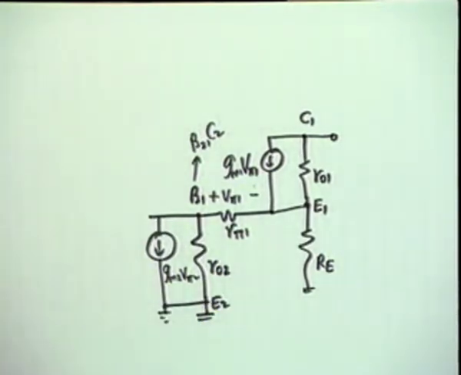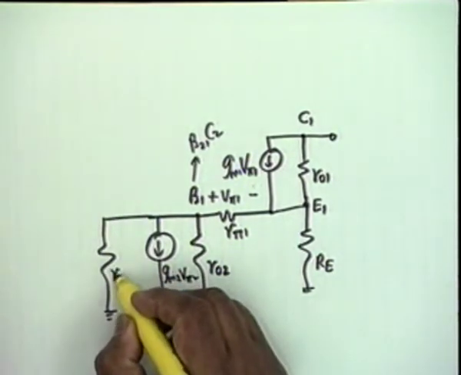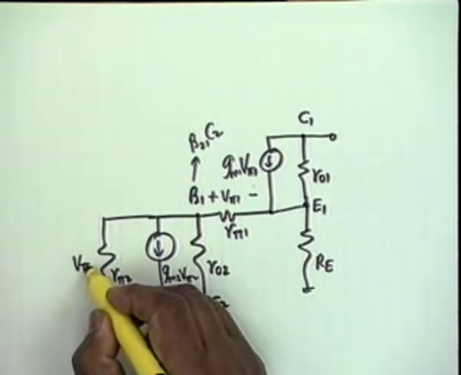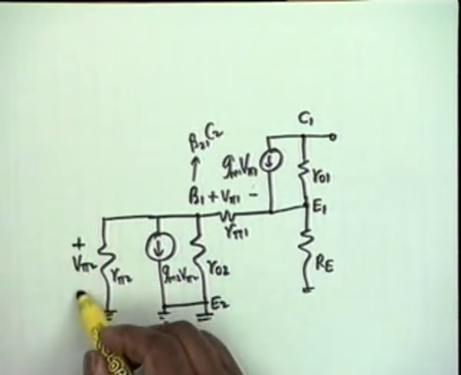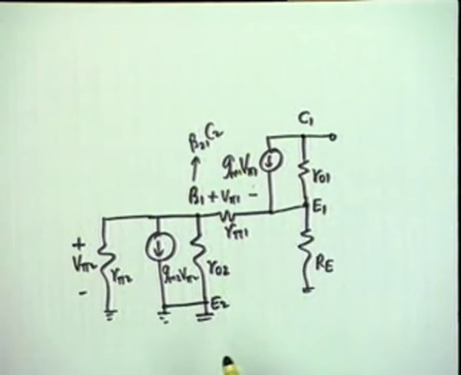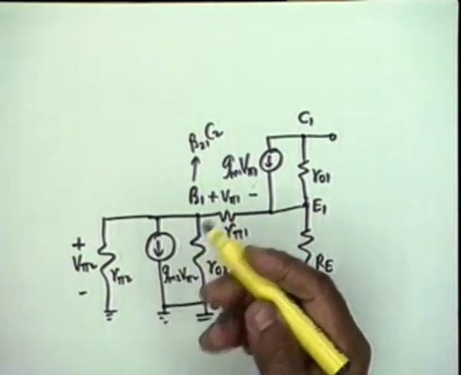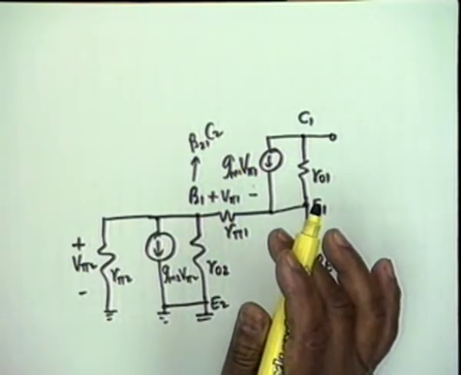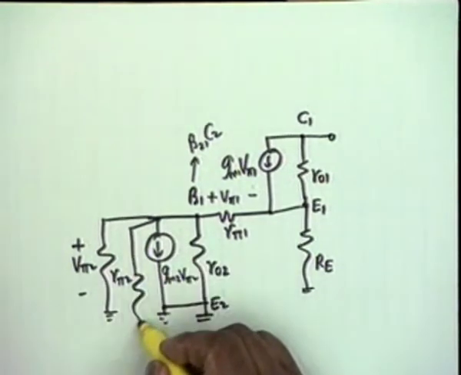What else do we have? We have an R pi 2, that we must have, and the voltage is V pi 2. Which polarity? Plus up or plus down? Plus up, okay. This polarity, this is B2. In addition, we have ignored something else. RX we have ignored completely, but there is a capital R, which will come from C2 to ground, and therefore capital R comes here.